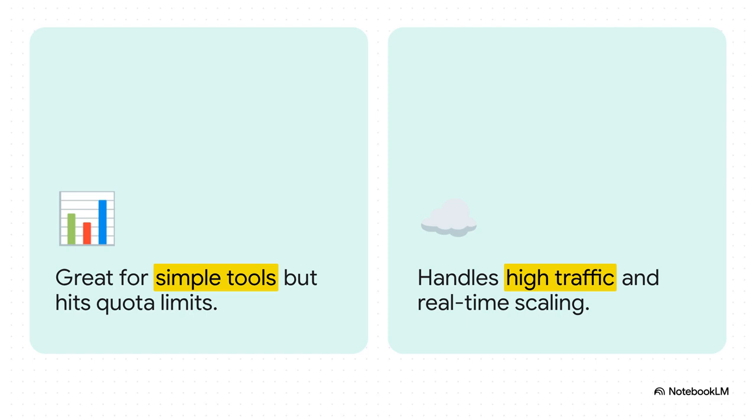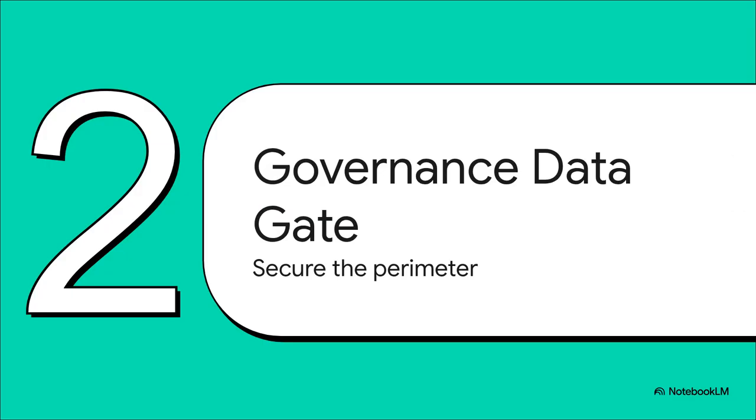No way. So if you need live, real-time, bi-directional chat, or if you're processing computationally heavy tasks, you've got to step up to the Google Cloud Platform. You need the serious muscle of containerized apps on Cloud Run that can scale automatically, or Firebase for real-time databases and serverless functions. Moving on to Section 2, the Governance Data Gate, because we absolutely have to secure the perimeter